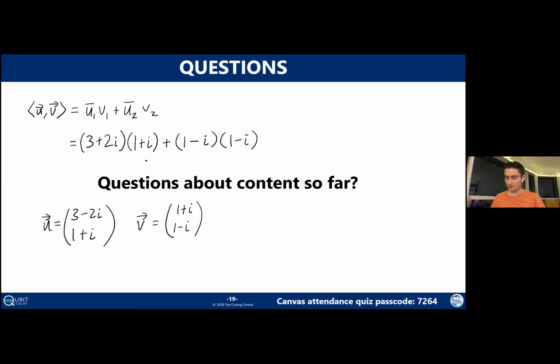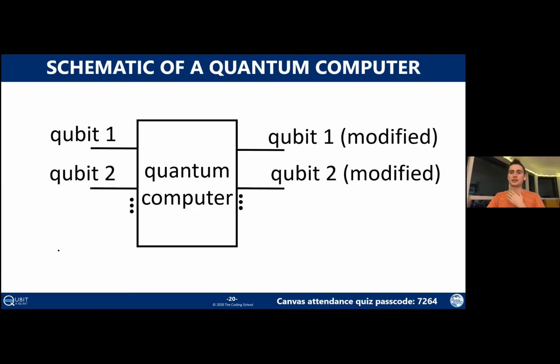Okay, cool. Thank you for the questions, everyone. Let's move on to the last topic, which is matrices. So this is, I would say, one of the more important parts of the lab. We're going to take a step back to the high-level picture I talked about toward the beginning of what a quantum computer does. So as a quick refresher, we have our input qubits over here. They go into the quantum computer, stuff happens, and then they come out as output qubits.